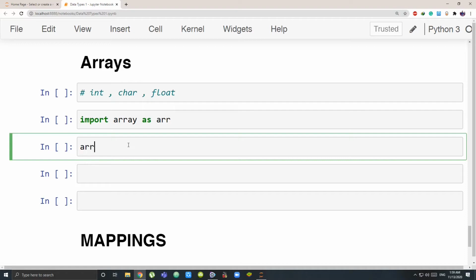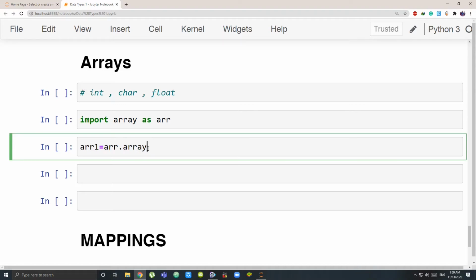Now let's make an array. array1 is equal to, now there's a different way. First we are making an integer array, remember that. So I have to say array dot array. So what is this? This is the module which I have given the name ARR. From that module ARR I am taking, with a dot, the function array, or the method array, you can think of it either way.